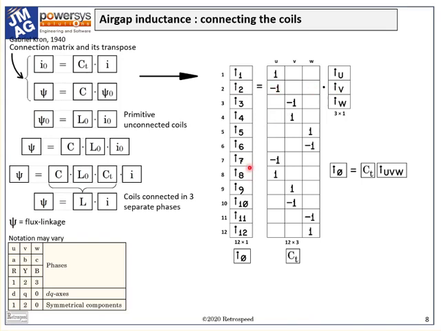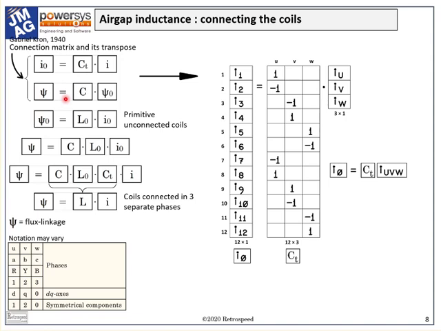And similarly for the currents I7 and I8. This way we build up a complete definition of the coil connections in 3 phases. We're using the transpose CT to define the current connections, and it's remarkable that the flux linkage connections are then automatically determined by C itself. This is not obvious, but it's an amazing property of the connection matrix.